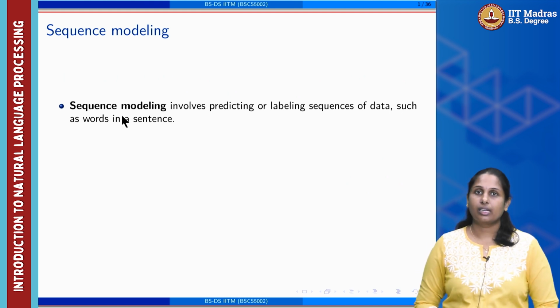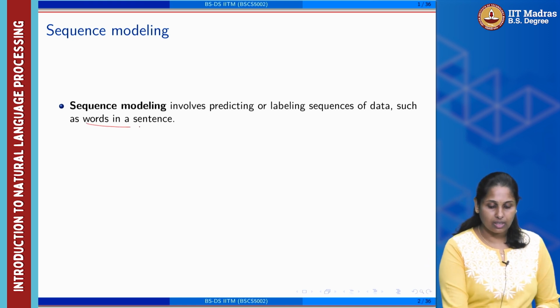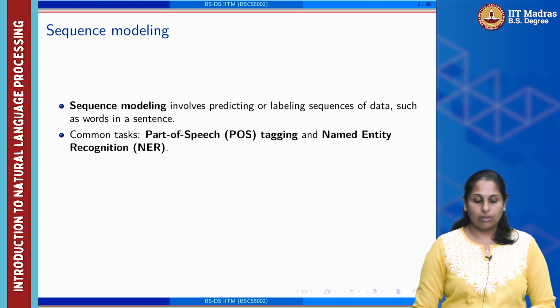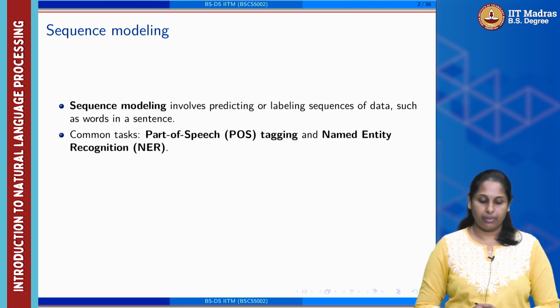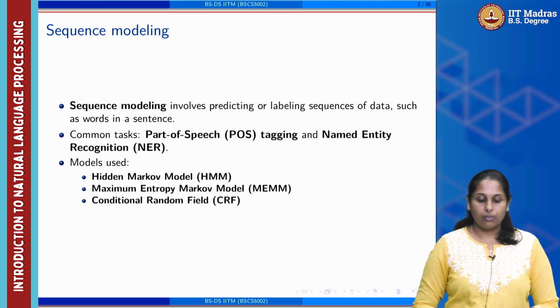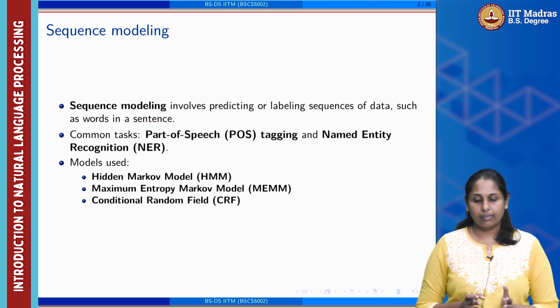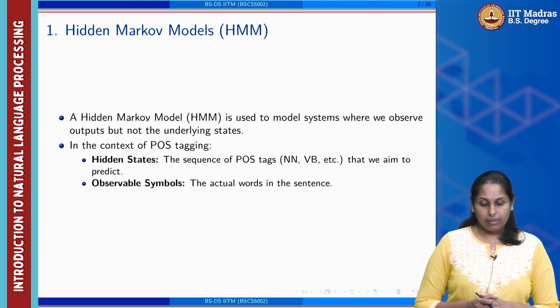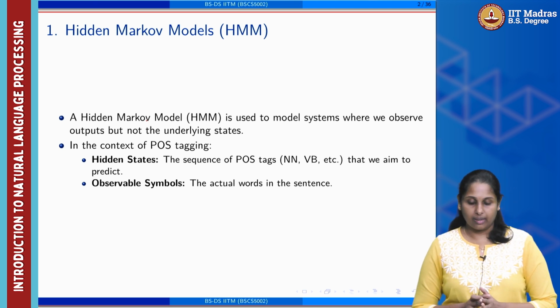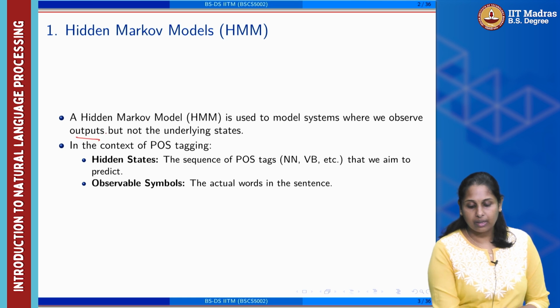So, let's understand what sequence modeling is. It involves predicting and labeling the sequence of text, such as words in a sentence. Common tasks include especially part of speech tagging and named entity recognition. The models we are going to see, as I said, are HMM, MEMM and CRF. Let's start with HMM. A hidden Markov model is used to model situations where we observe outputs but not the